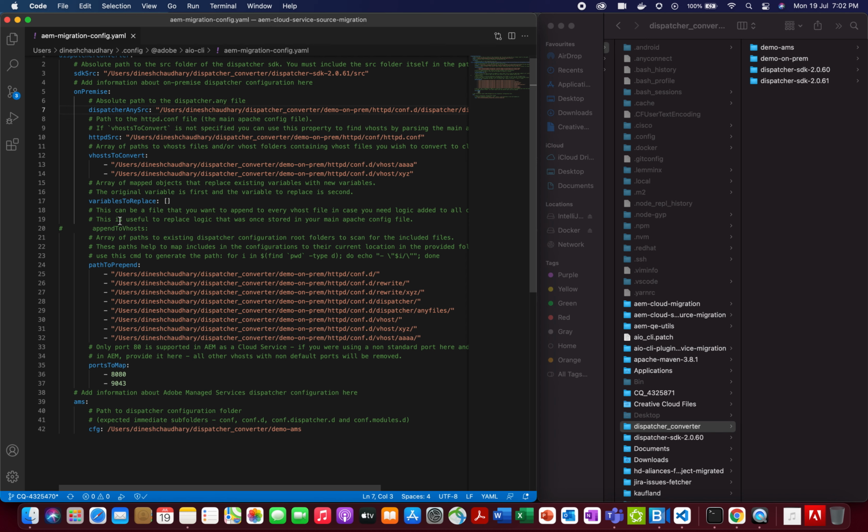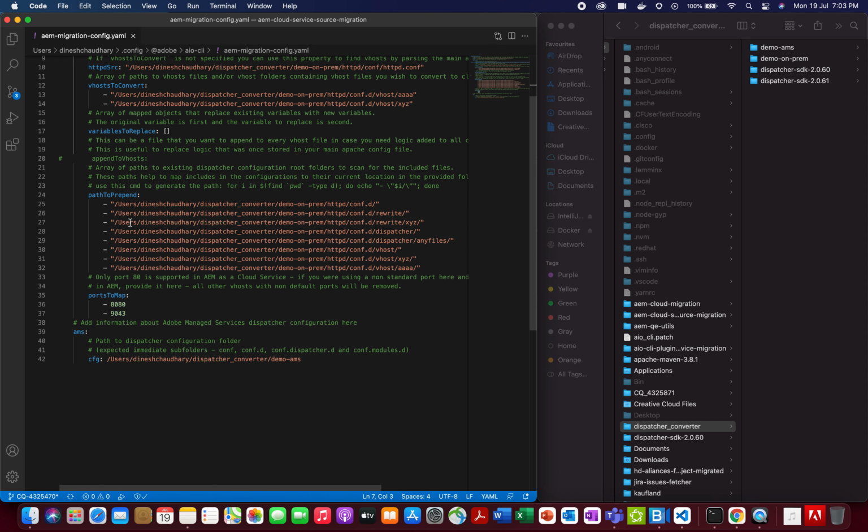Variables to replace will contain keys and values, where values will replace keys once the transformation are done. Path to prepend will help the tool to map the location of the files which are included in the other files. In case if your files are scattered over multiple places,